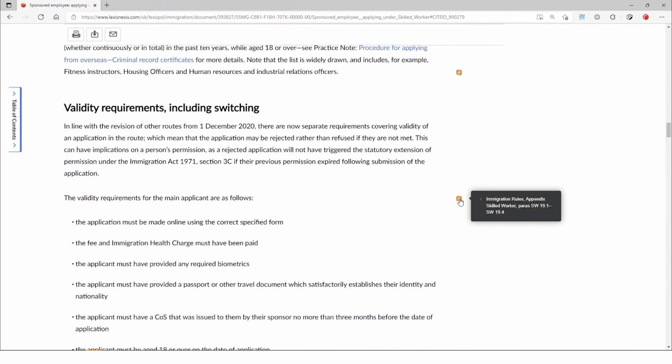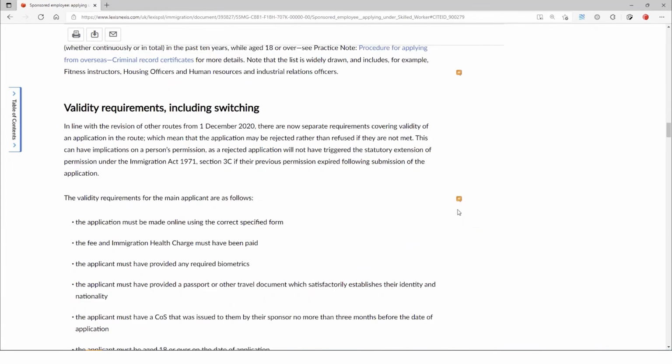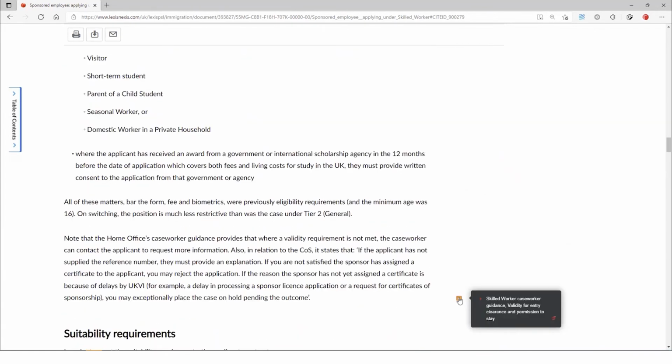You'll see, and this is important for using the module, in all of our practice notes, by the right-hand side of sentences, there is this orange speech mark. This is a right-hand column link. This is where you can link to the relevant authority for what we're talking about in the preceding passage. So, for example, here, this authority is the immigration rules,